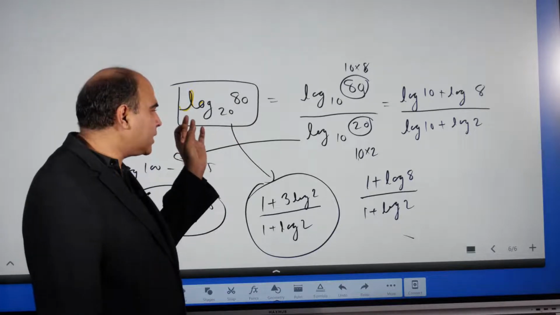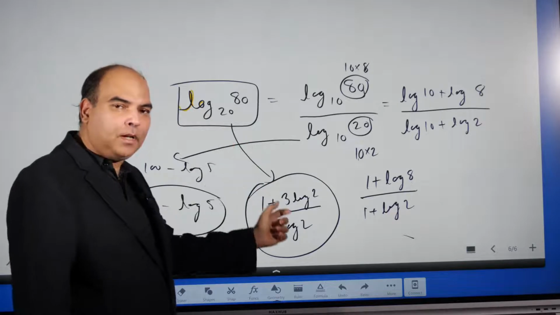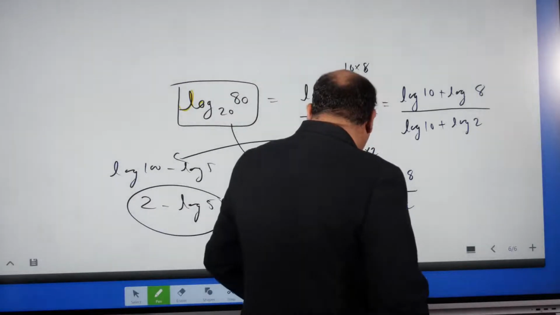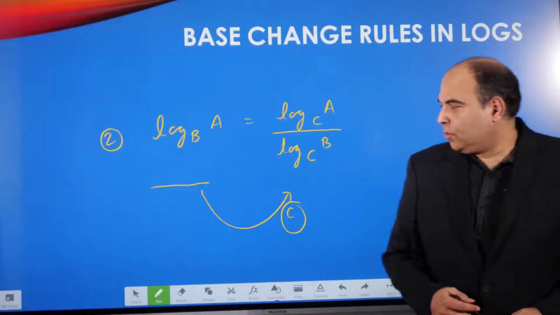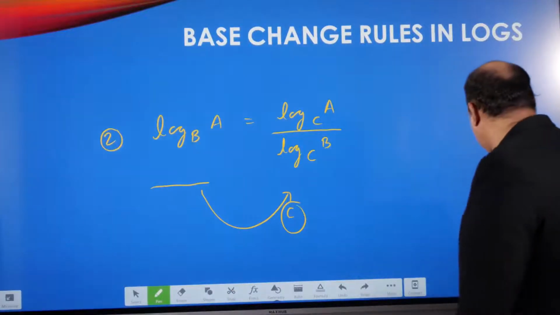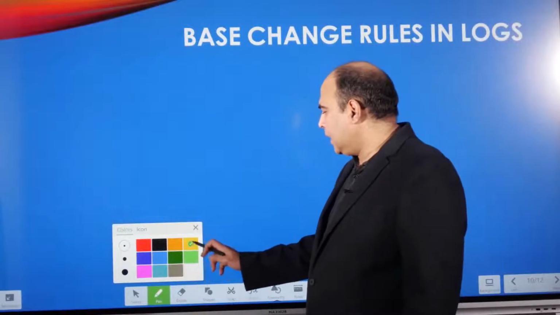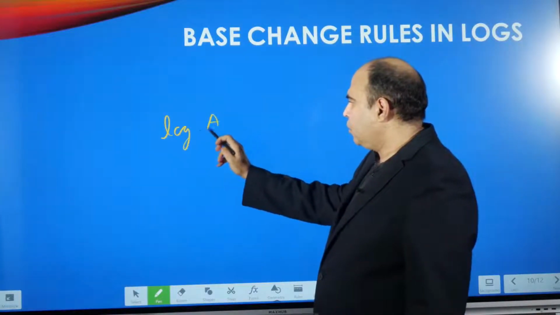So the introduction of base 10 is a natural thought that comes directly from the options of what you are trying to simplify it into. So this is your second base change rule, and its corollary, which we can call the third rule in base change, is this: if I got a log a to the base b,